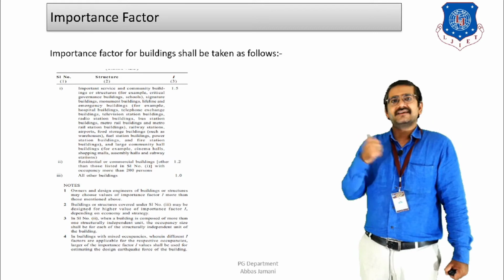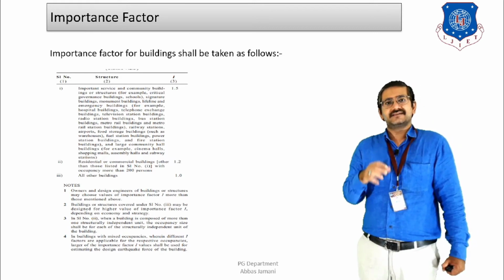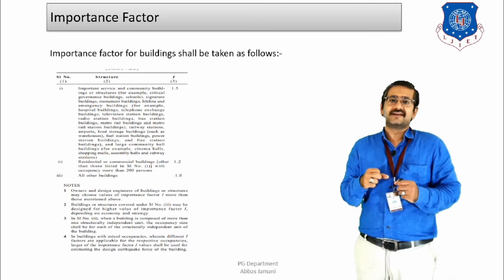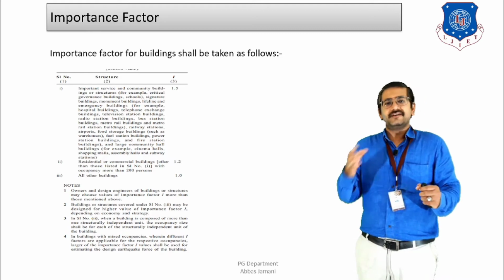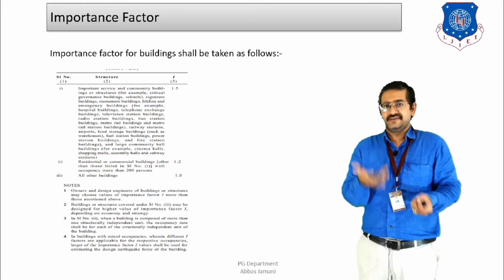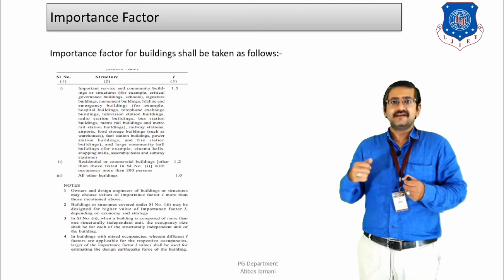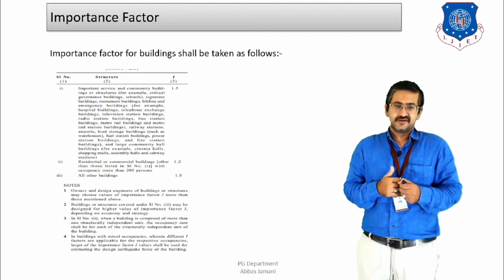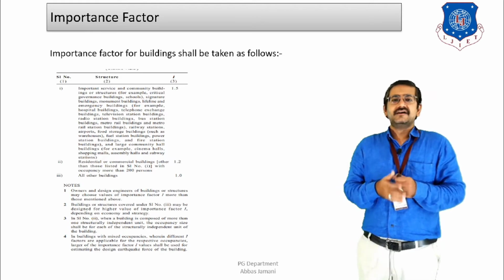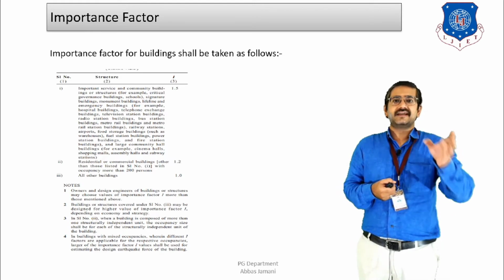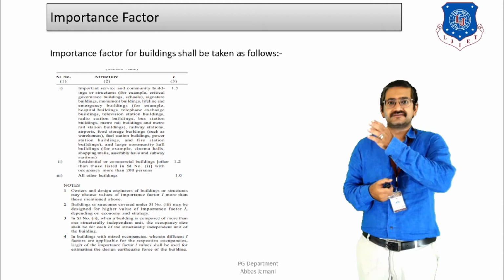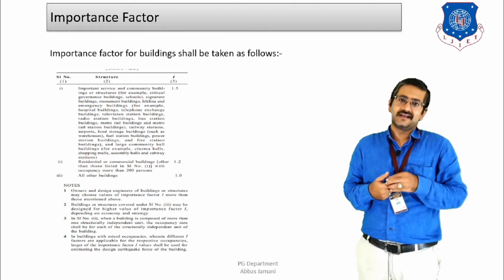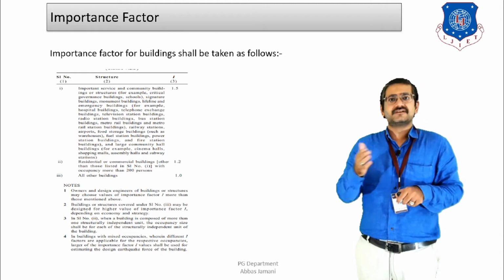Then the second thing is that if the facility is a mixed property, where you have a commercial property and also a residential one, we have seen this type of project, where the first two floors are for commercial purpose and the remaining floors are for residential purpose. There, one case suggests the code's importance factor category is 1, and for the other category the factor suggested by the code is 1.2, right?